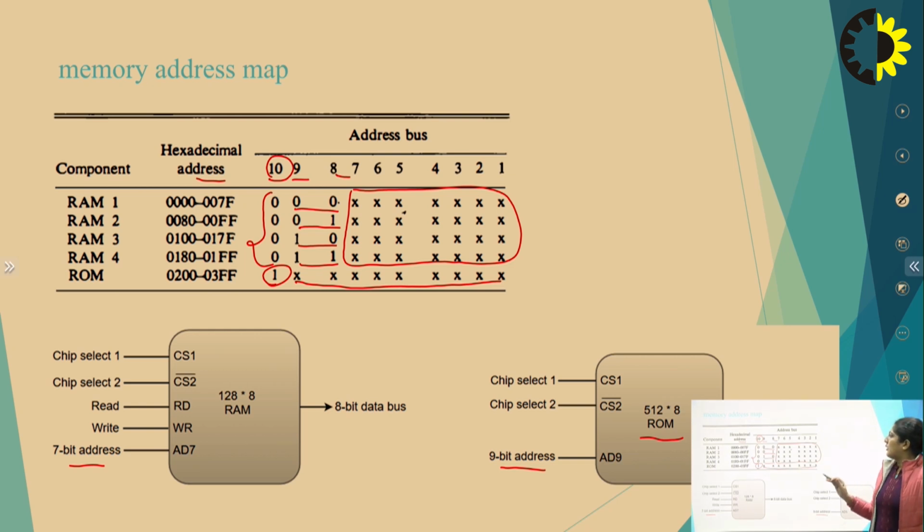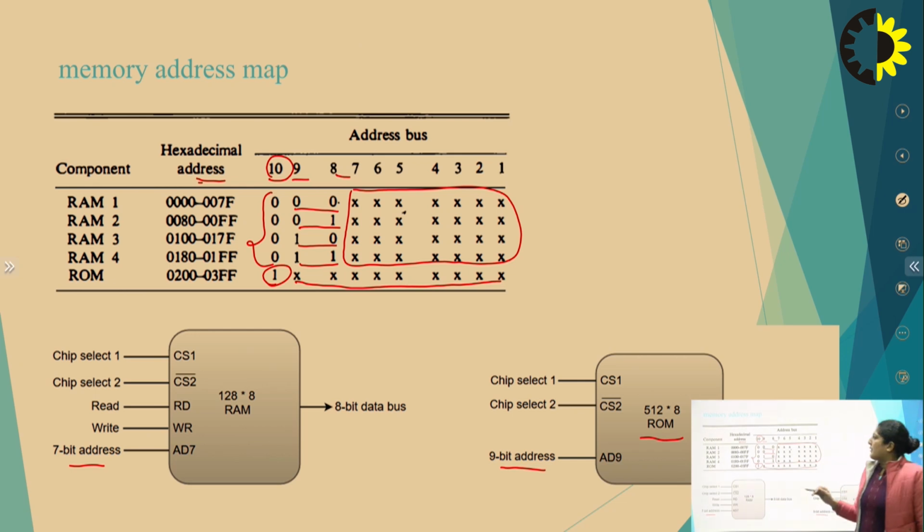Clear? So, from this functional table, we understand that bits 1 to 7 are the address of the RAM, bits 1 to 9 are the address of the ROM, and with the help of the 9th and 8th bits, we choose which RAM should be chosen, and with the help of the 10th bit, we choose between the RAM and the ROM. So the question arises, how will we get this hexadecimal address?